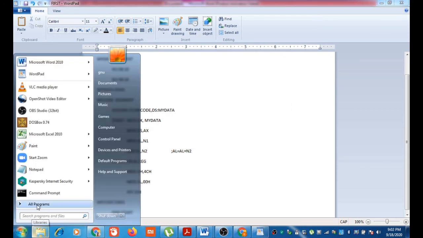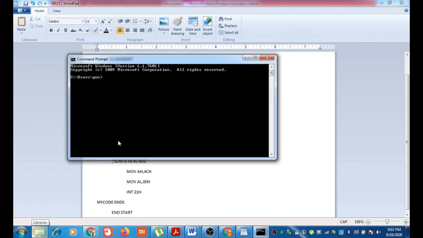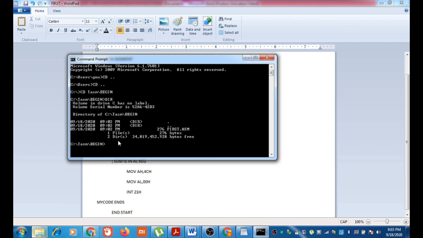Let me check whether it is saved as an .asm file. Yes, it is stored as first.asm.